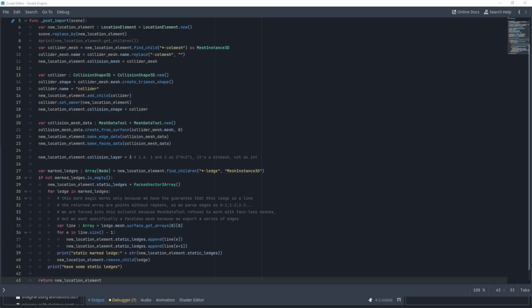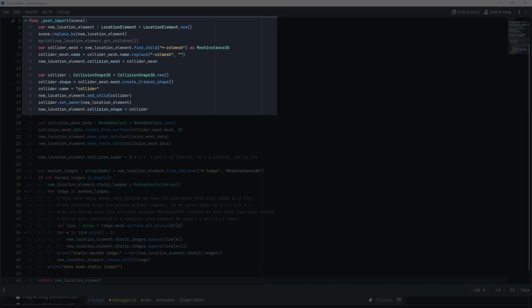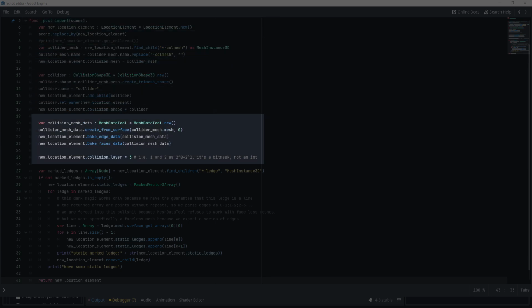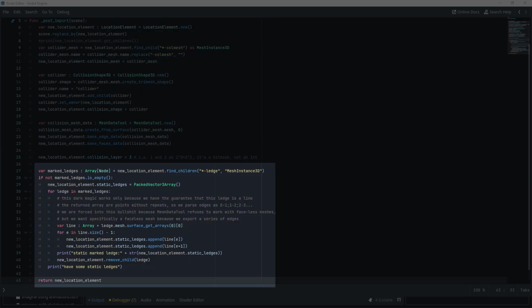And finally, when importing, I also do some work setting up the node. First I search for the data mesh by the hint word in the mesh's name. I then add a collision shape sample from that mesh and I bake my data into object fields. Then I search for static marked objects. Here I have a map for input hints. Currently there is only one ledge present, but we will get more. If I find any, I bake their data too and delete the node from the scene.